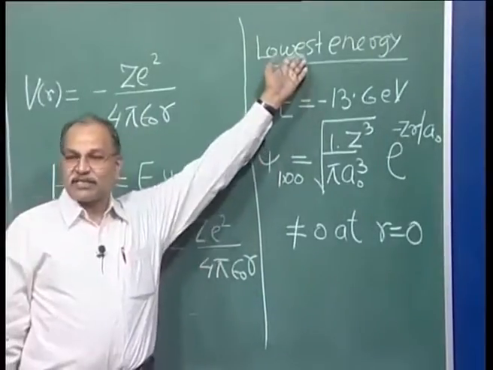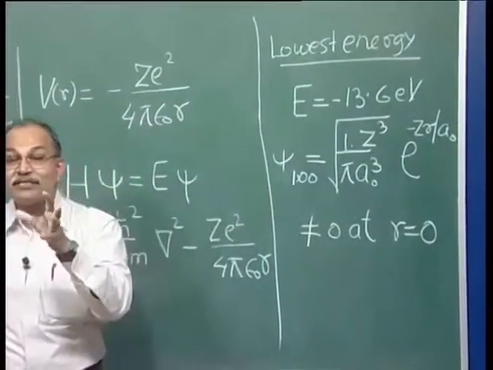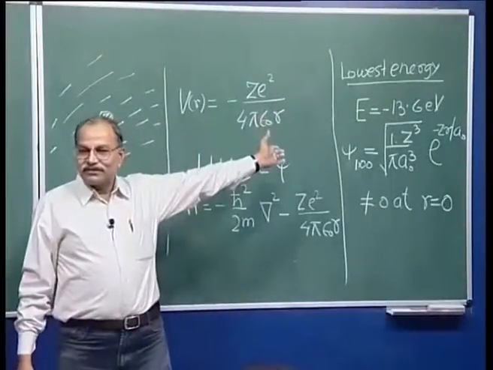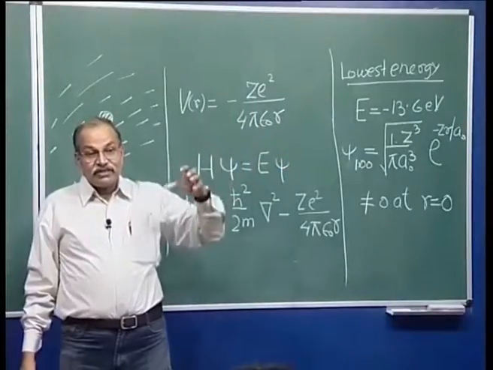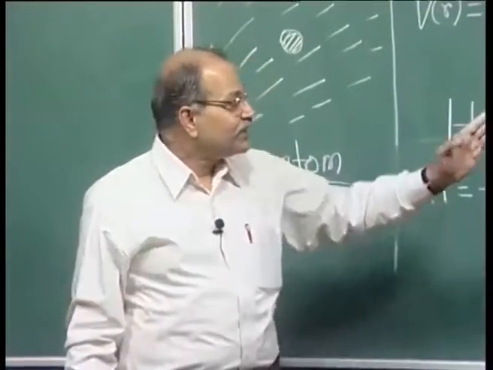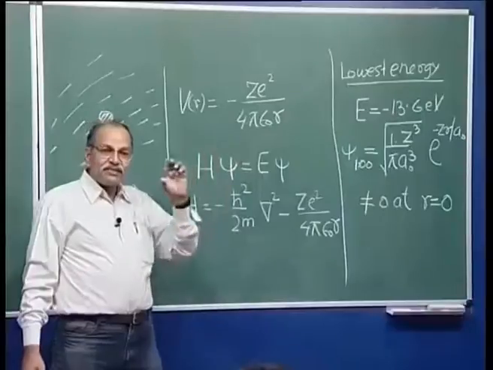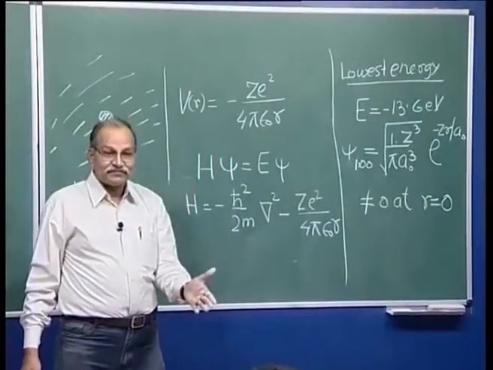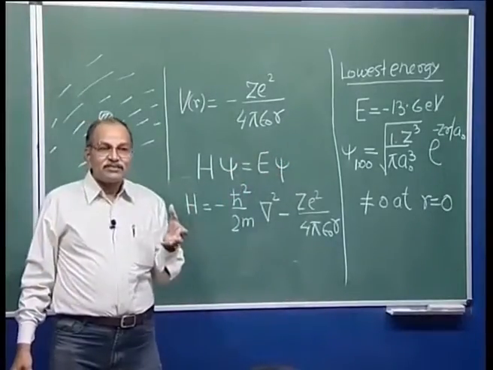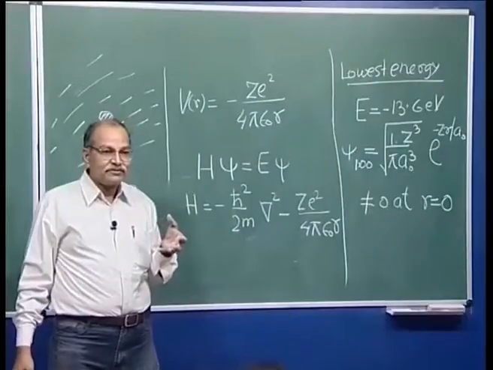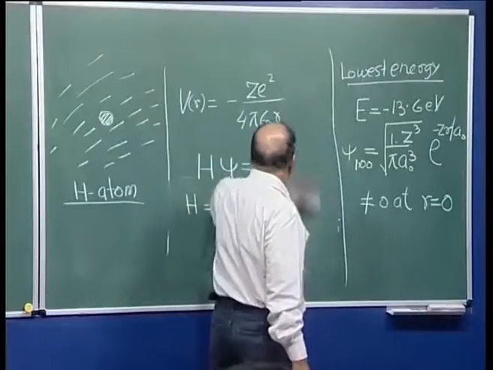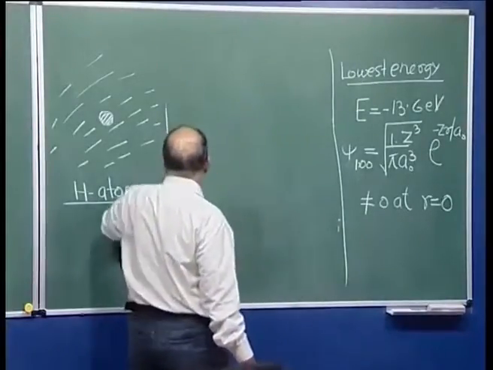And how much is this changed? That is related to how big the nucleus is. If the nucleus is really like a point charge, then this relation will be okay. But if the nucleus is an extended sphere, then the energy will be different, and if this difference in energy can be measured, then from there we will be able to know the radius of the nucleus. So, let us give it a try. I will make many assumptions, but still let us make an attempt.